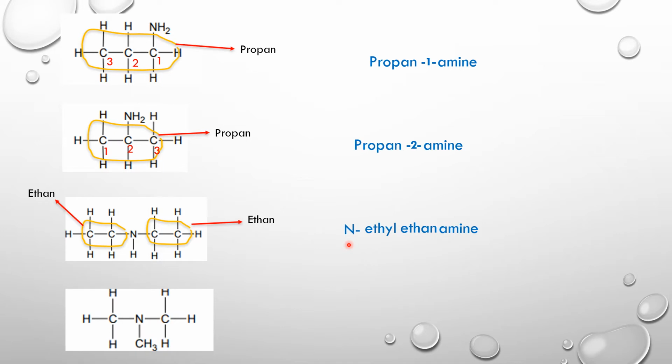And the last one. First, you must always look at the nitrogen and see how many carbon the nitrogen is attached to. So in this case, the nitrogen is attached to 1, 2 and 3 carbon. So if the nitrogen is attached to 3 carbon atoms, it's a tertiary amine. To name a tertiary amine, we will put double N, and we are going to see that in a while. So let's look at the branches now.